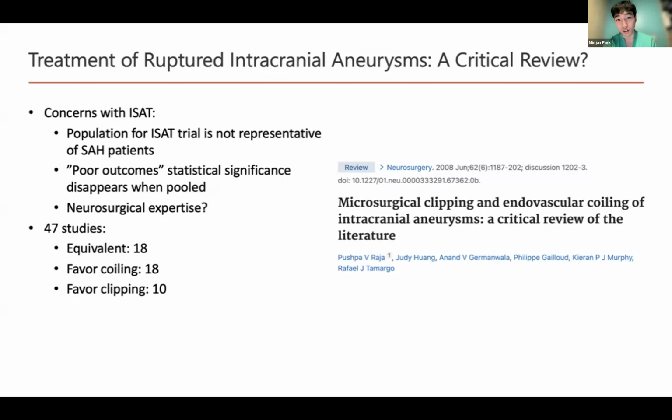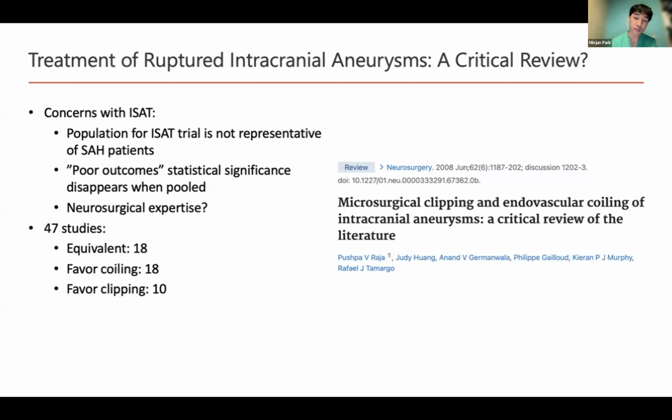But the overall arching theme that I got from this is that the decision making for treatment of ruptured intracranial aneurysms is not as simple as, for example, just looking at whether the neck is very wide or where the location is. All of those things do have a factor. It seems like the decision is more complex, and there's no one study that actually points out that one method is superior to the other, despite the fact that there has been a lot of advancements in endovascular coiling also.